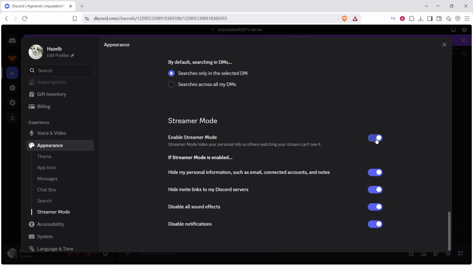When streamer mode is active, Discord automatically hides personal information like your email address and connected accounts, so they won't appear on your stream. It also disables desktop notifications and sounds while you're broadcasting, so notifications won't pop up over your stream. You can customize what gets hidden by scrolling down on the streamer mode settings page to toggle individual